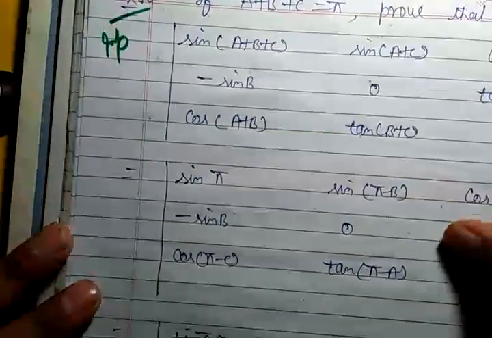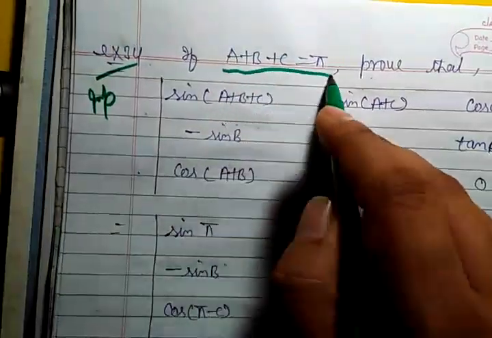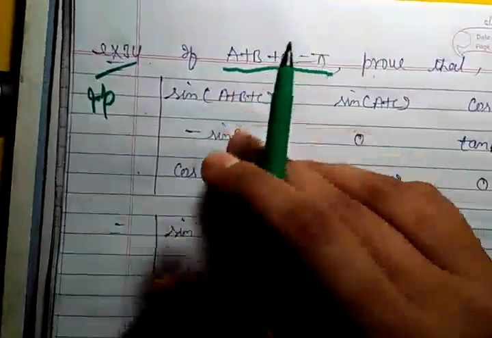Okay, so the next question we are going to do again. See question number 34 with a given condition, a very important question. The same type of question is asked 2-3 times in your board examination. You see the question, the condition is given that a plus b plus c equals pi, which means a, b, c are the angles of a triangle.